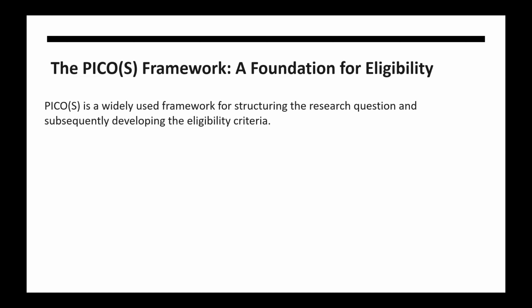So the first thing is that we know that PICO is a widely used framework for structuring research questions. And when we talk about PICO, we are talking about population, intervention or exposure, comparator, then outcome. Then more recently, it is now being recommended that when you are doing PICO, you should also include the S, which has to do with the study design. So it means that you need to state the study design that you are